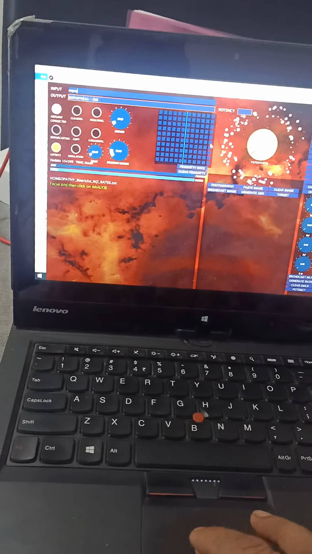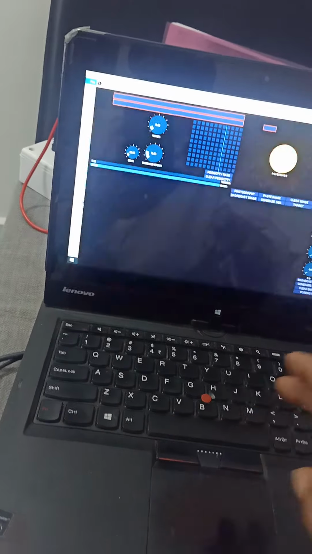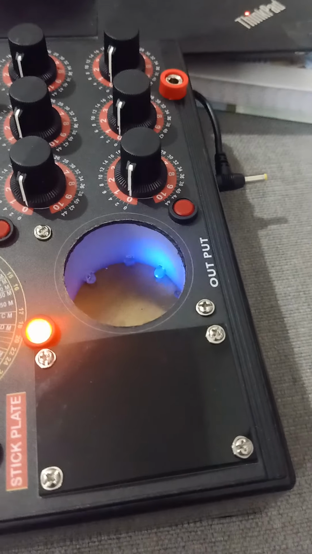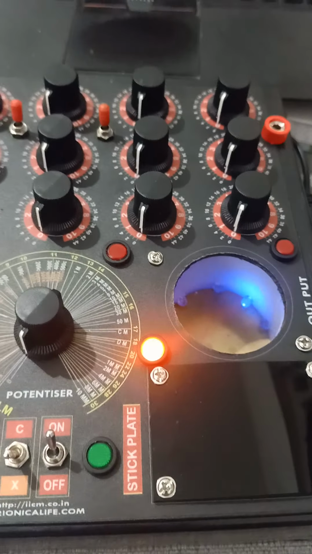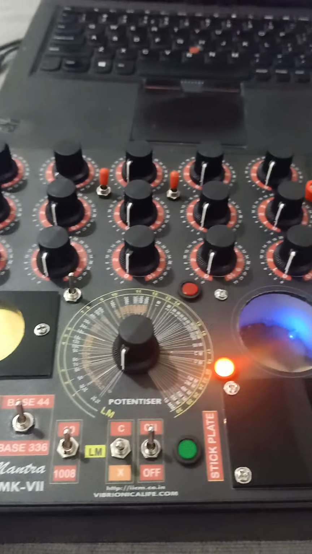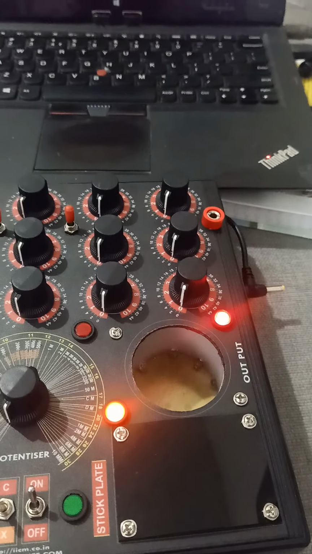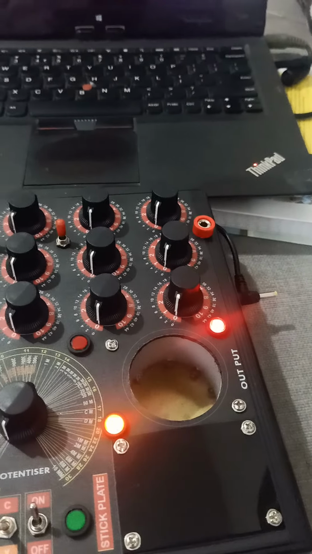Let me press the clear button once again. When you press the clear button, you will find UV lights inside glowing and clearing any residual energy. Now everything is clear.